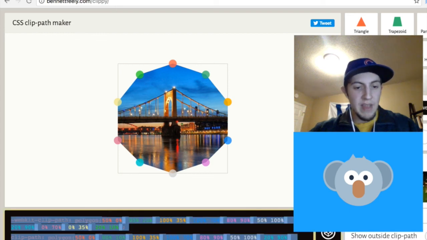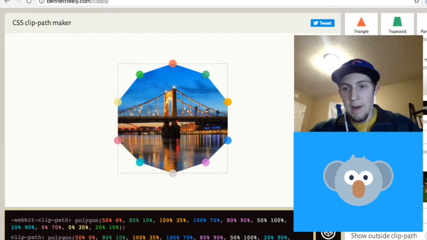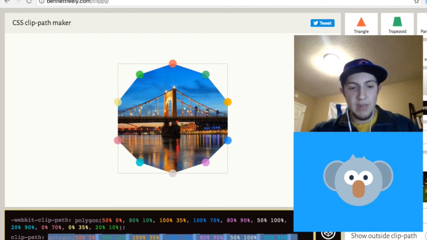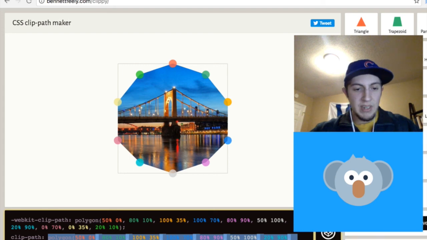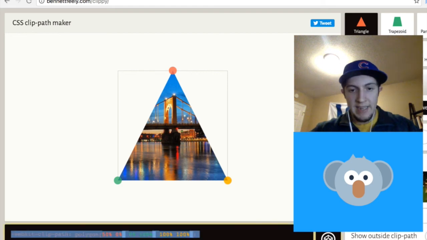In our CSS it's going to be clip-path, and the value we're going to give clip-path is this polygon, which it generates for us. So for this case, we want triangle. We can just click triangle, copy and paste this, and then paste that into each of our